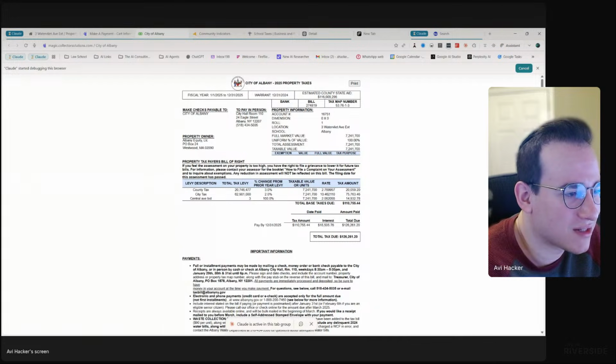Well, this is the taxes for the city of Albany. But the tax map number is for that. Yeah, right there. Location 3 Waterville Avenue. That's the property. This is the 2025 property taxes information. It took over my browser, went to all of these websites, tried to find it, got all the information it needed,